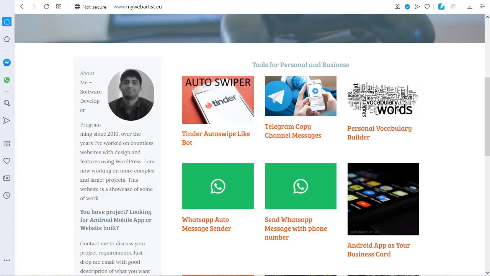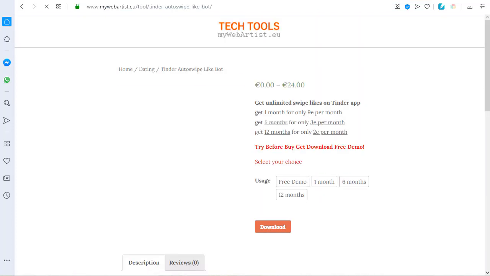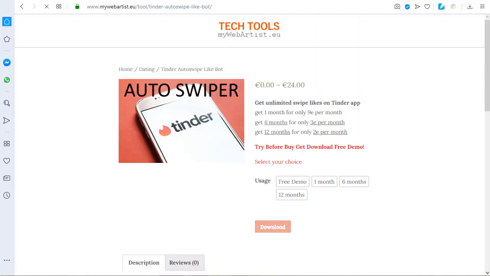Here, I'm gonna show you Tinder Auto Swiper Bot. To get that, first you go to the website mywebartist.eu, and then you're going to go to Tinder Auto Swipe Like Bot. I'm gonna show you how it works, and I'm gonna turn it on, and you can see the options in that system. It's a Windows-based system, so you need a Windows system to run it, and it's gonna run on your computer. And you can change the location on your phone, and you can swipe on your phone still,